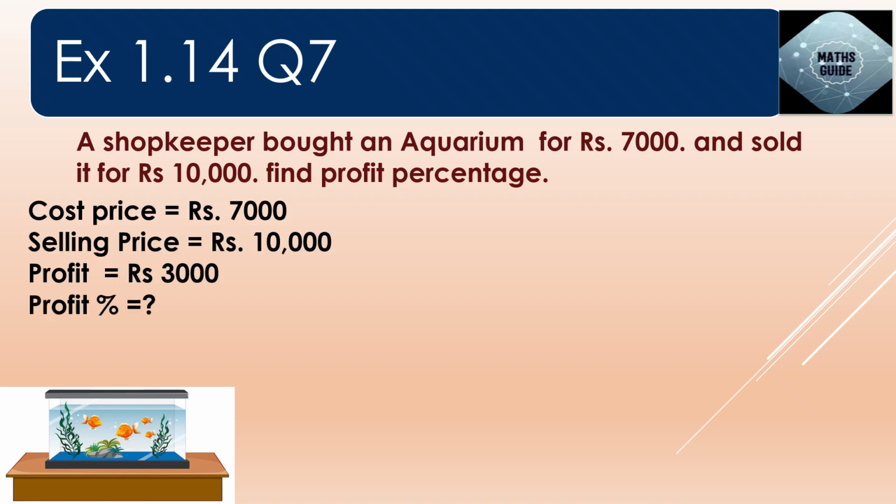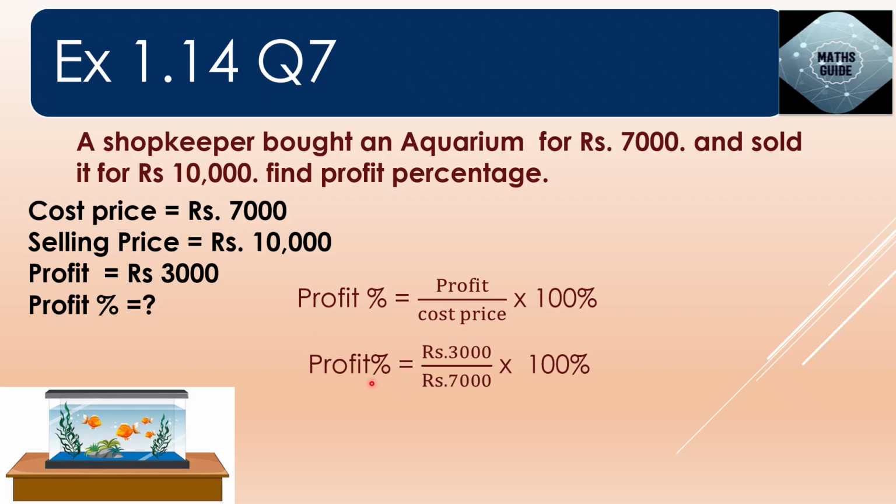So let's find out what the profit is. Cost price is 7,000, selling price is 10,000. So the profit is the difference of these two values, that is 3,000. And we have to find out the profit percentage. Again we will use the formula, that is profit percentage is equal to profit divided by cost price into 100%, and we have all the values. We have profit and we have cost price, and we will multiply by 100% to find the profit percentage. Putting the values,